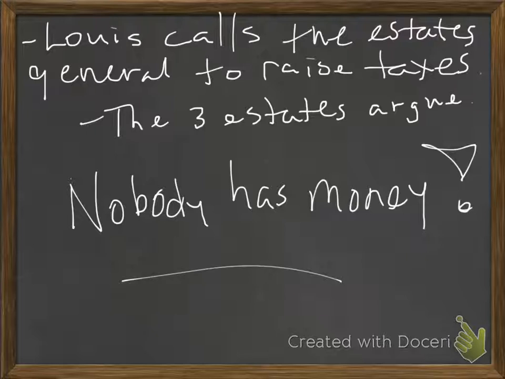And they basically had 1 vote in the Estates General. So if you think about it this way, if every estate has 1 vote, the nobility has a vote, the clergy has a vote, and then the third estate has a vote. Who's going to get their taxes raised? Well, the clergy and the nobility, first and second estate, they're always kind of connected to each other. All right, they're the old regime, it's called. They're the old guard. The third estate is that bulk of the population, and they're always going to get taxes raised. And nobody really has any money.